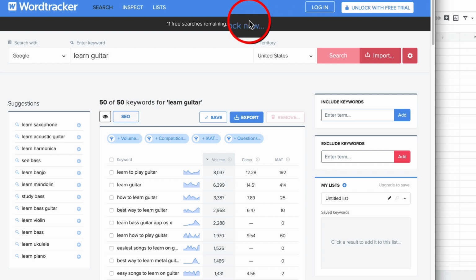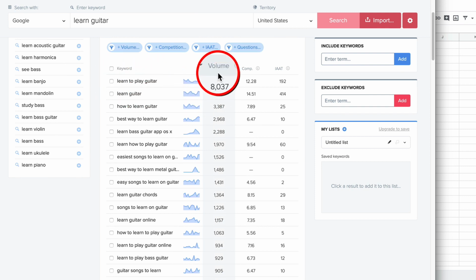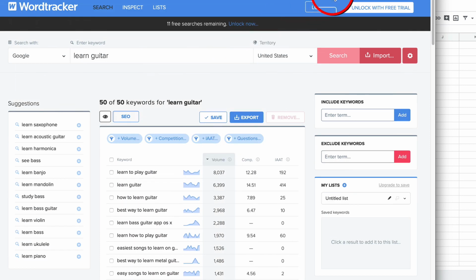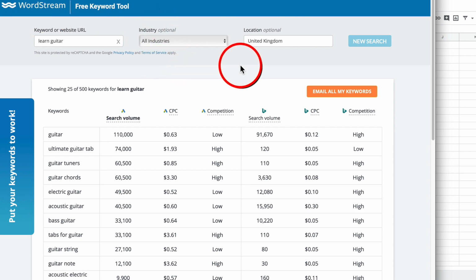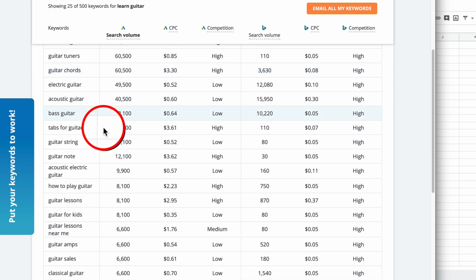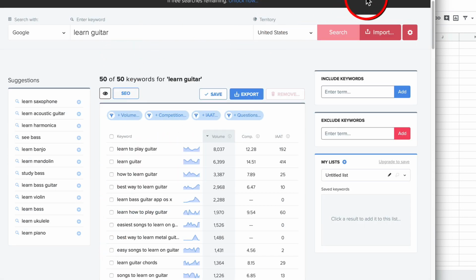So for example, if we go to wordtracker.com, I've put in learn guitar. Here you can see what it's bringing back. So search volume for learn guitar is 6,000. It's also giving you lots of other keyword ideas here, which is really good. If we go to wordstream.com, that's giving you a completely different set of results. So really what you want to do is compare as many as possible,